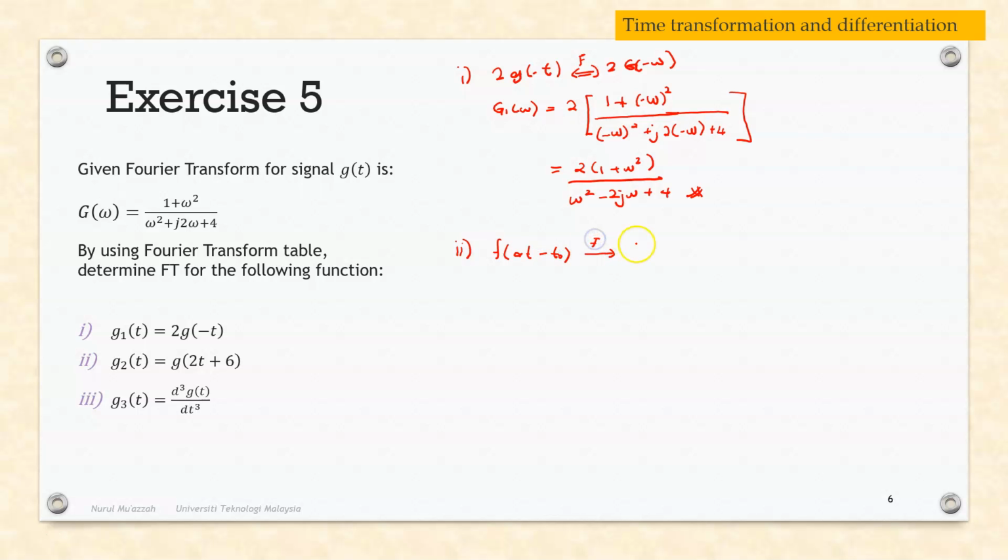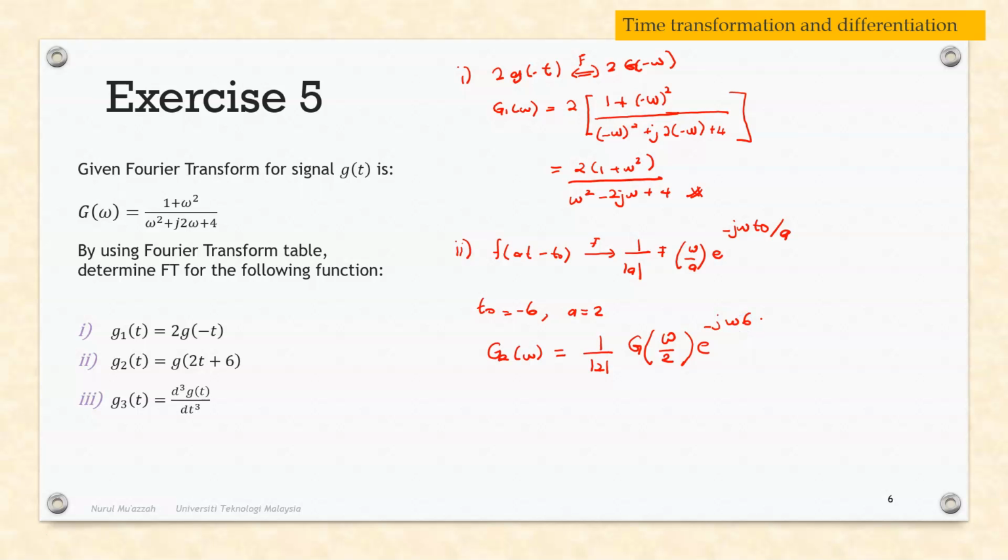The Fourier transform here is 1 divided by a, F(omega divided by a), exponent negative j omega t0 divided by a. Okay, so t0 here is equal to negative 6 and a here is 2. Basically you match it with this equation. And then from here you can get G2(omega) equal to 1 divided by 2, G(omega divided by 2), multiplied by exponent negative j omega t0,